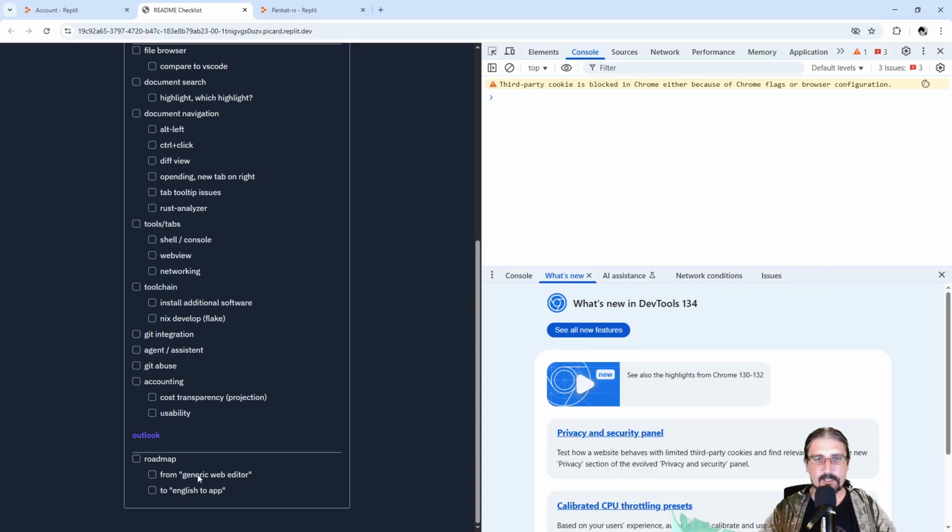But it seems that Replit wants to go a different way now. The gist seems to be that they want to be an editor for non-technical users who prefer to program in English, and as a result get an application. And I think with Replit you can not only generate web services like what I've been doing so far, but you can also create programs for the desktop or programs for Android. I've not used it, but the general gist seems to be that they want to go away from